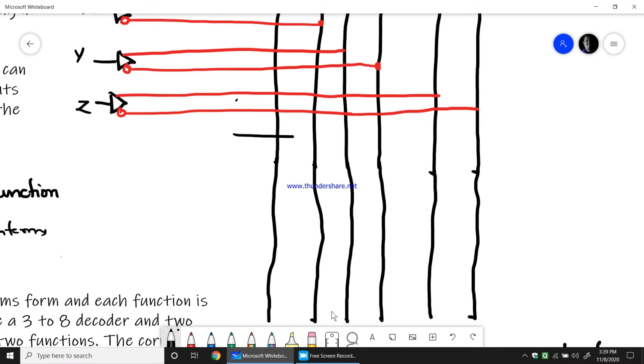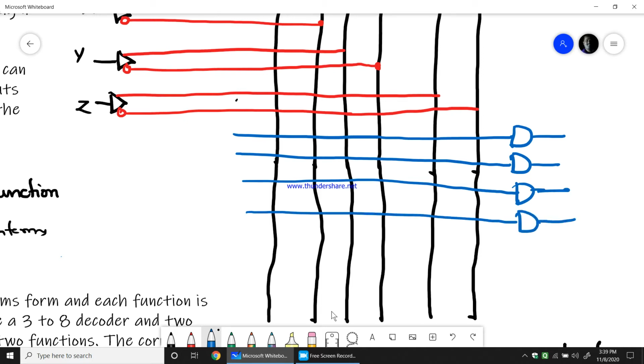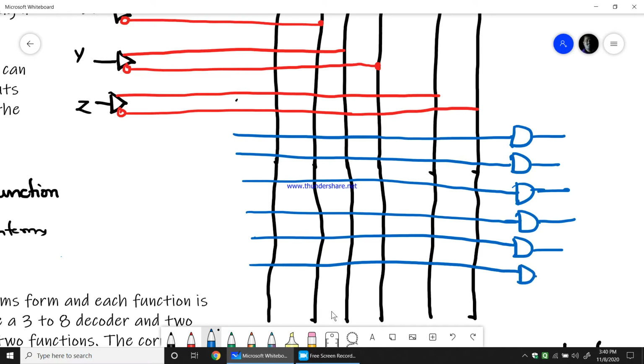So therefore this is one AND gate, second AND gate, third AND gate, fourth, fifth, 6th, 7th, and the last one is 8th.